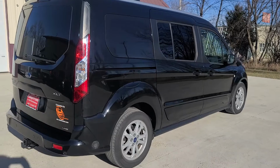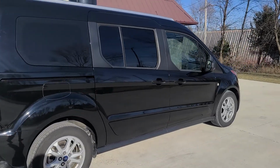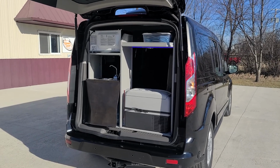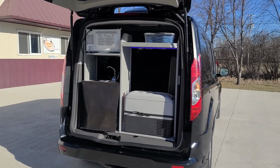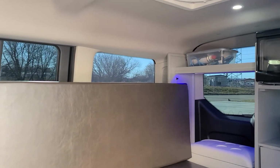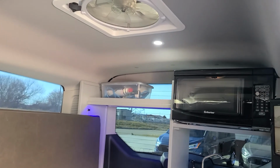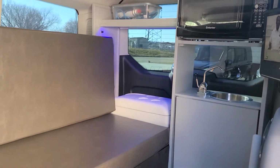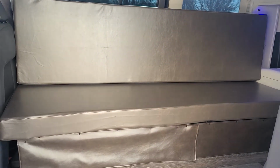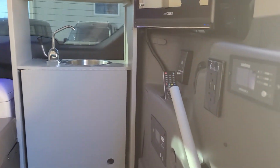Inside you find 2 house batteries, 2000 watt inverter, refrigerator, TV, DVD player, microwave, sink, table, LED lighting, camping starter kit, couch that pulls out into a 43 by 72 inch bed, has some underbed storage,